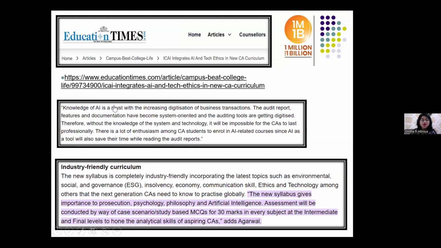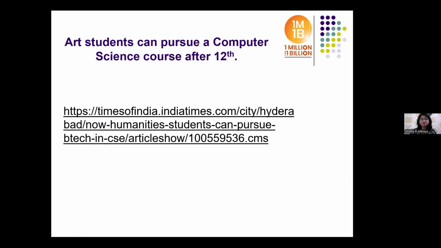As you can see, the website says that knowledge of AI is a must with increasing digitization of business transactions. And whatever curriculum the CBSE has made, it is industry friendly. We want the children to slowly progress from class 11, 12 to the undergraduate course and to the post-graduation course so that they benefit and have some extra edge when they present themselves in the job market. Now,